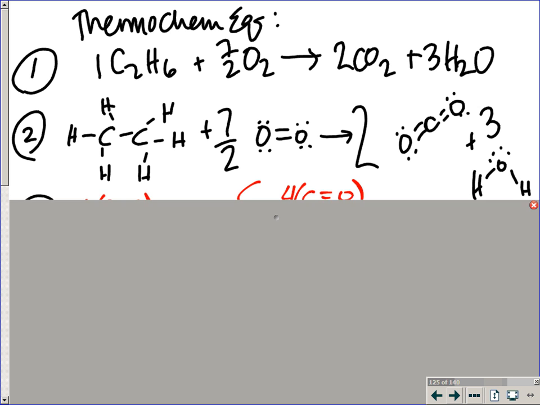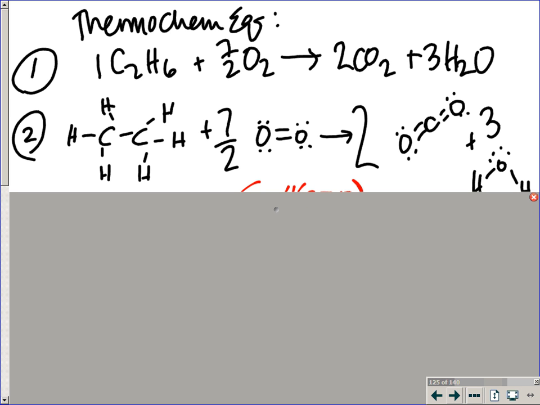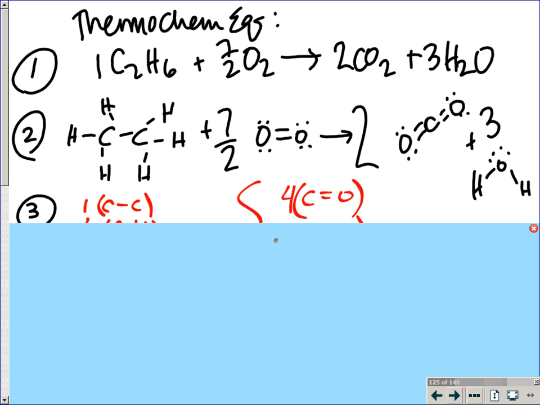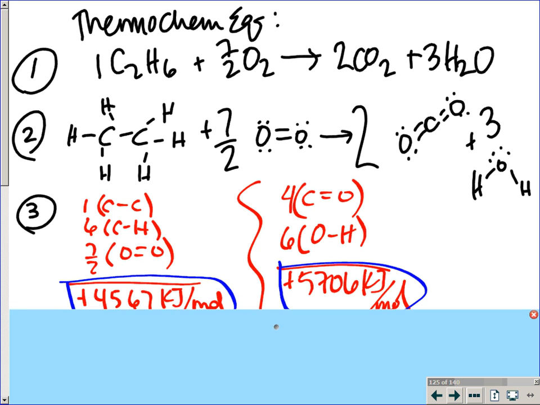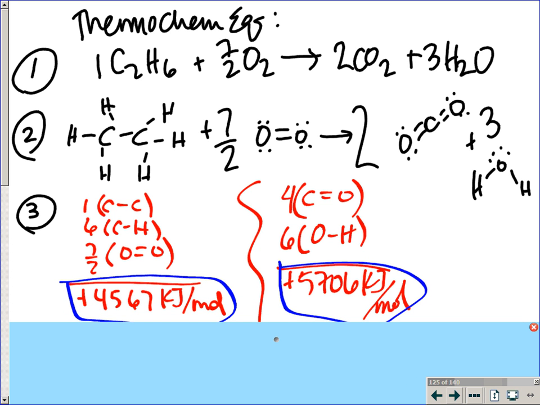Okay, so structurally, you had ethane, double bond O, double bonds on your carbon dioxide, and single bonds on your water. Check, check, check. Whenever you're doing bond dissociation energy and you find the delta H combustion, we're doing reactants minus products, right? They told you to calculate the energy of the reactant bonds first, and then the energy of the product bonds second. So you have 1 C-C for this equation, of course, if yours is doubled, 6 C-H and 7 halves, so 3.5 O double bond O bonds. So all of this adds up to